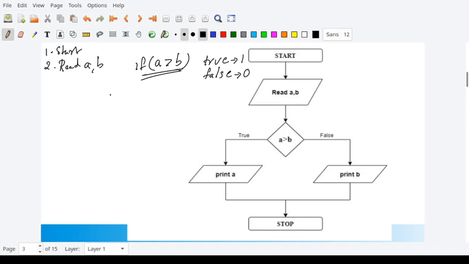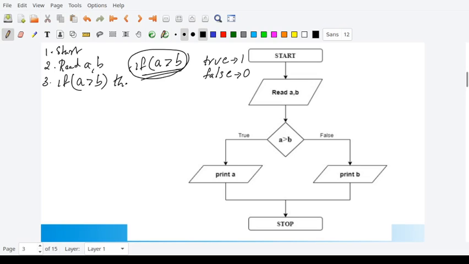So, in order to find out whether a number is greater than another, or to find out the largest of two numbers, you will have to make a decision like this: if A is greater than B or not. So in the algorithm, you can directly write this particular statement. The algorithm will be checking if A greater than B. So you can simply write if A greater than B.